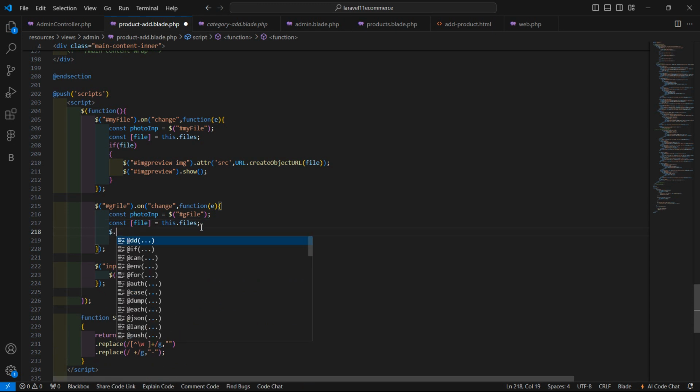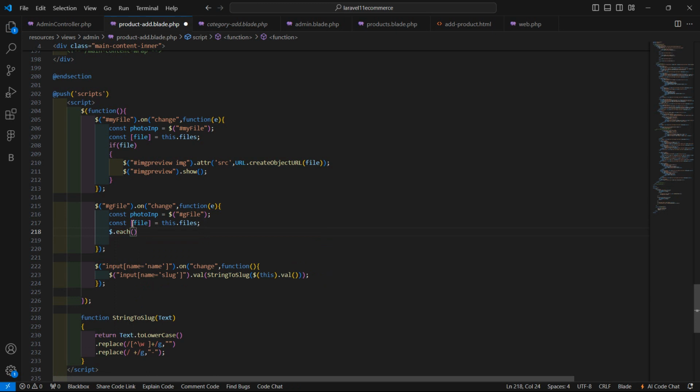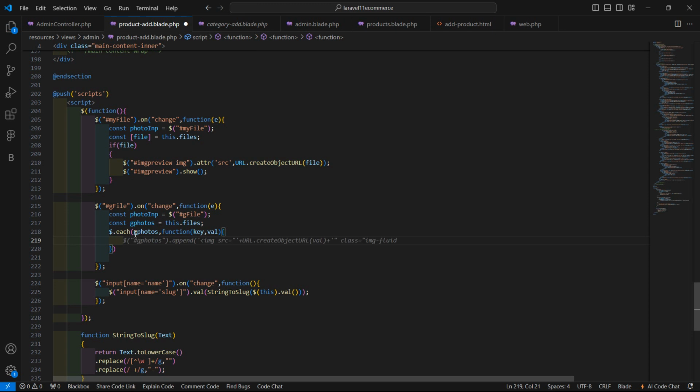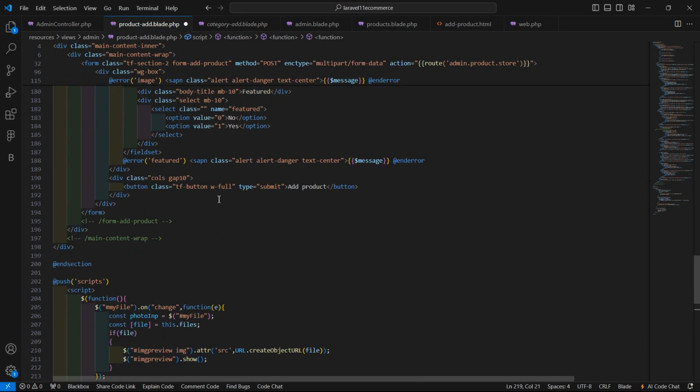Okay, so $.each, and remove this and add gphotos. Okay, and inside this each, just pass gphotos and add the callback function and pass two arguments. First one is the key and another one is value. So write function(key, val) and then add the curly bracket, and now